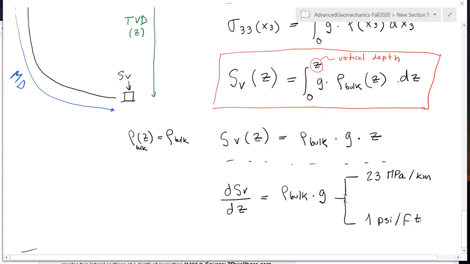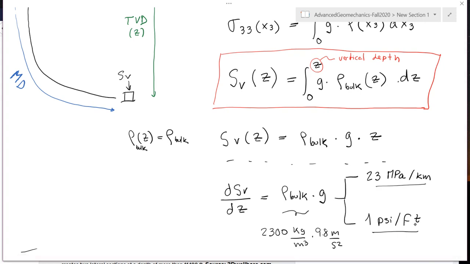I leave this as a homework to you. I obtained these gradients assuming a bulk density of the rock of 2,300 kilograms per cubic meter. And of course, G is 9.8 meters per second squared. You can do the math and you can calculate these gradients and you can prove that these are typical gradients for vertical stress. And this is the one that we used in the previous video. All right, then with this, I end this part of the video, and we're going to continue talking about vertical stress in another